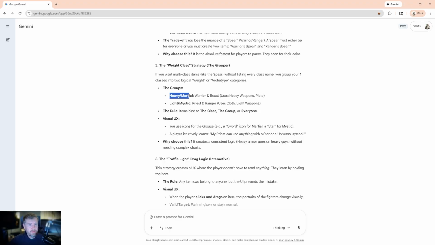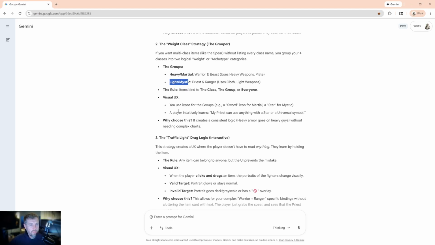You've got heavy, martial, light, and mystic. The rule: items bind to the class, the group, or everyone. So I think this seems more like a strategy we're going to have to use, where we have